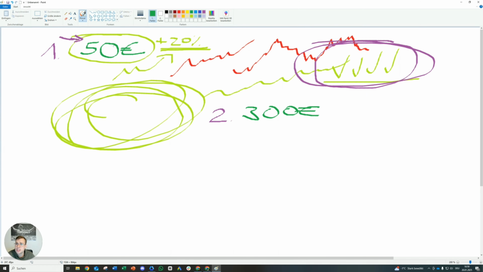Other people make the mistake of being too conservative, especially in the beginning, and then they increase it by 5 euros. And you're not really getting anywhere like that. Be a bit more ballsy. In the beginning, you can definitely make some bigger jumps, but down the line, you don't want to increase it more than 10 to 20%.